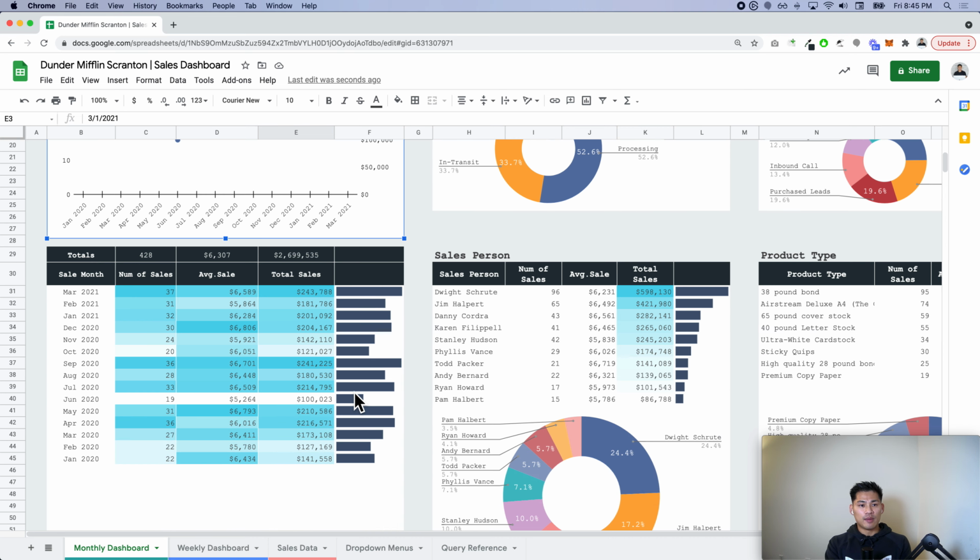Down here is a breakdown of the same three metrics over the same date range. We've added some color scaling formatting. So the darkest blue will be the highest number and the lightest blue will be the lowest number. This way you can just quickly look at it and see at a glance which months or which metrics to focus on. And then here we have a Sparkline chart that kind of shows you just visually which month has the highest number of total sales. And then at the very top here we have just a total of all three metrics